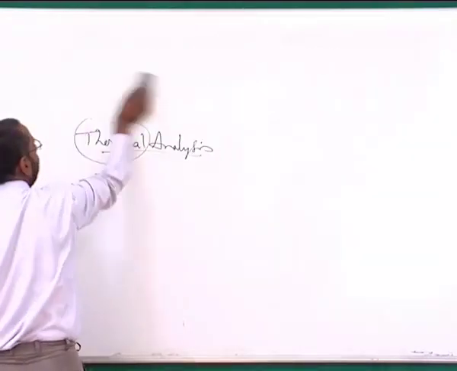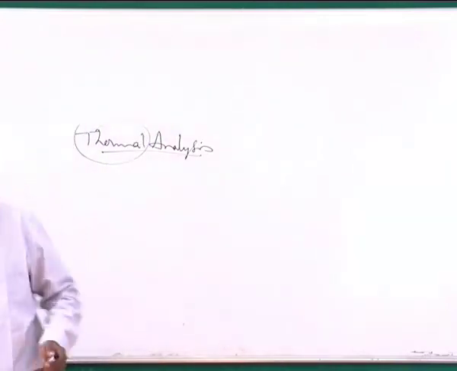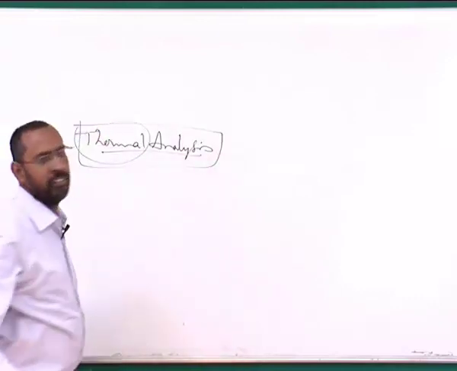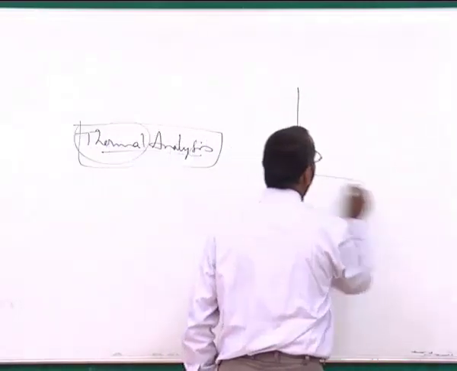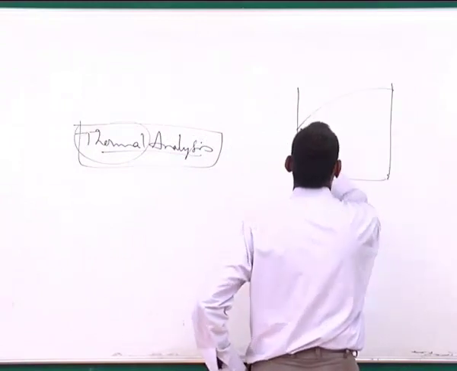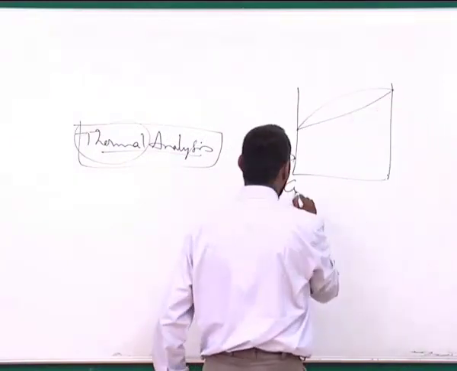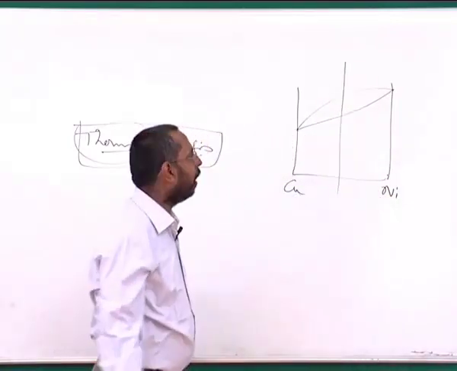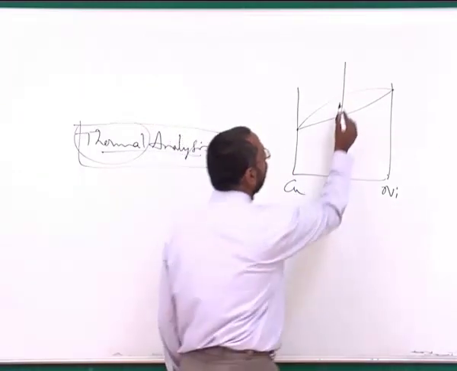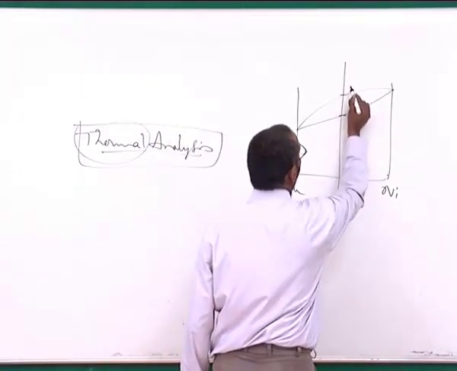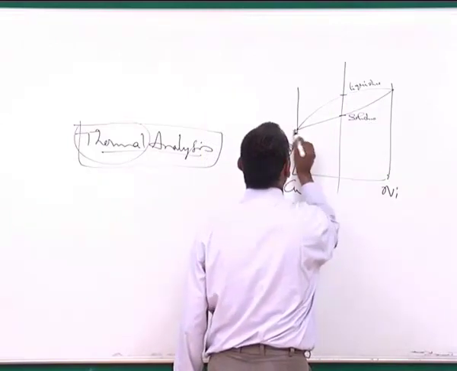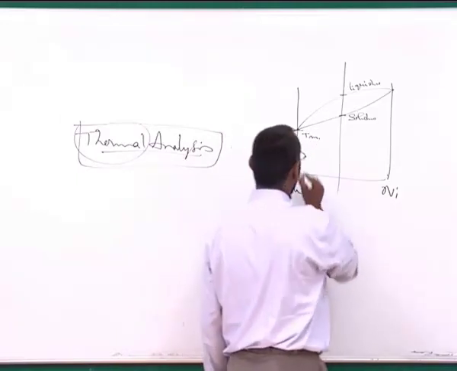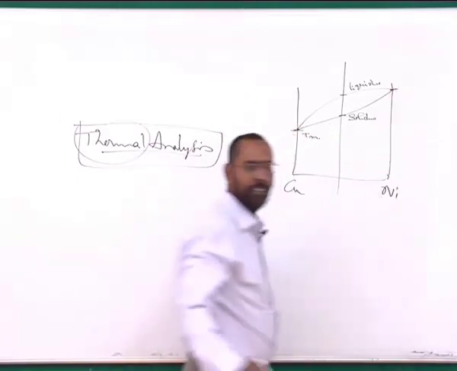In this connection, I should say that all phase diagrams are generally obtained using thermal analysis. For example, if you have a typical isomorphous phase diagram, let's say copper nickel, and I take an alloy and allow it to solidify, you will see that it has a liquidus temperature and a solidus temperature. Whereas if I take a pure metal, it has only one temperature, which we call the melting point. Whether it is pure A or pure B, it has a fixed temperature.